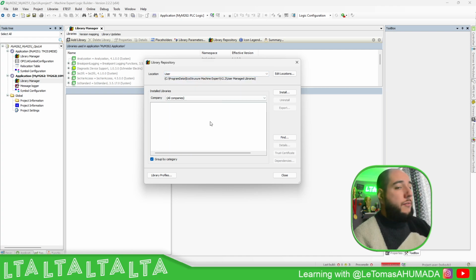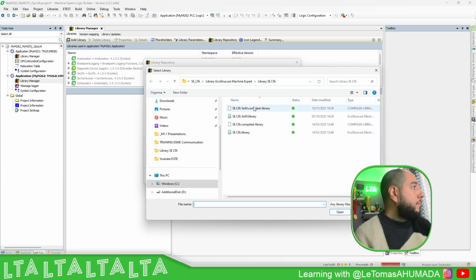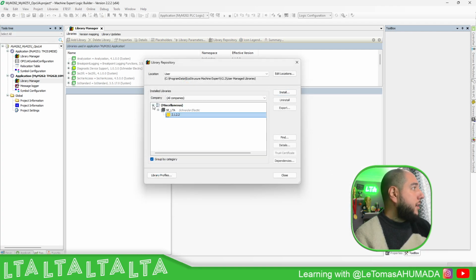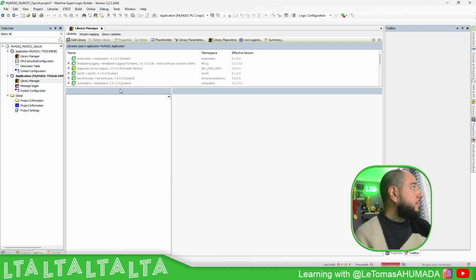Now, if you want to install a library that came from another colleague, another company, or whatever, you just need to select install, and select the library that someone shared with you. In my case, I usually use the compile, close, and that's it. It's installed and ready to be used in your Machine Expert software, but not in your project,